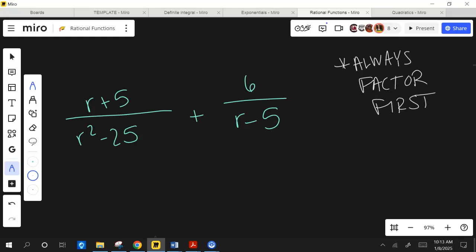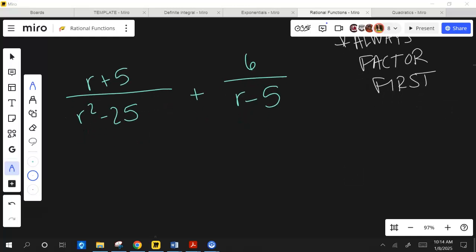Always, always, always. If you're doing anything with any type of rational, always try to factor first. It's going to make your life easier, okay? That's exactly right. R squared minus 25 is a difference of squares. So I could actually write this as